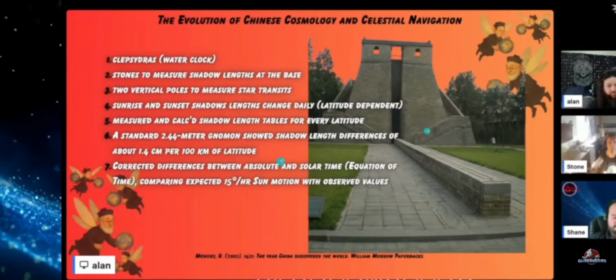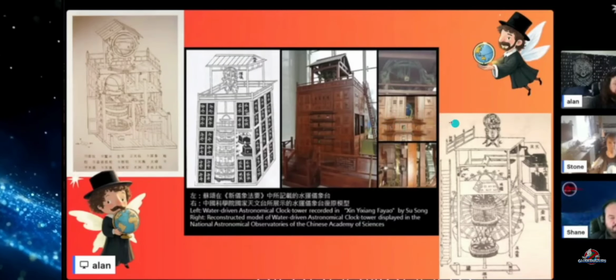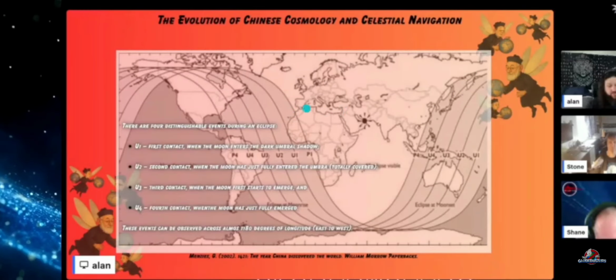So they had this really advanced system of determining latitude independently of anything, and timekeeping. Based off of that, you'll determine your local solar noon, which you can use to reset your water clock or your sand clock should it have come out of sync while you're on your journey.